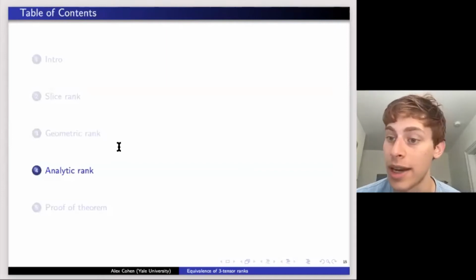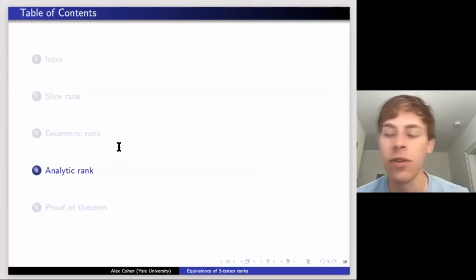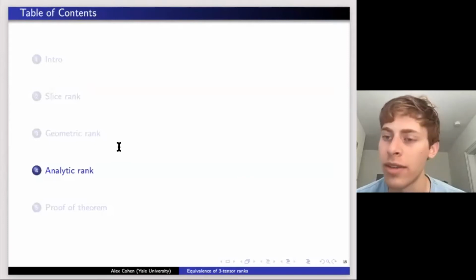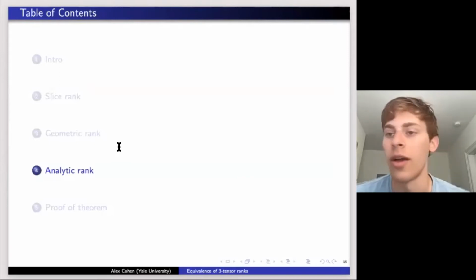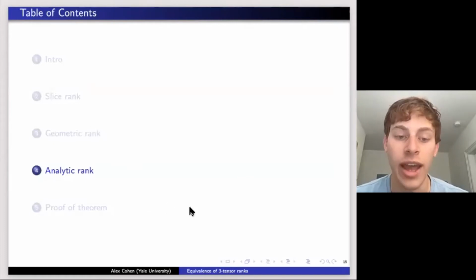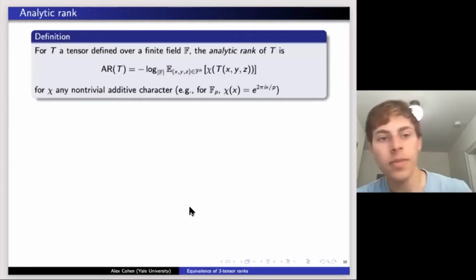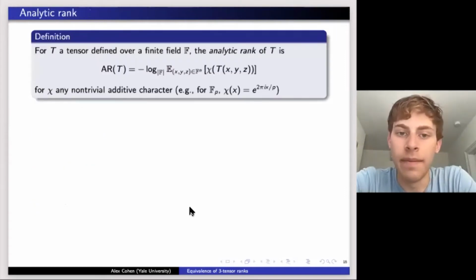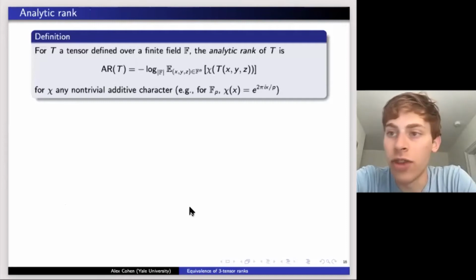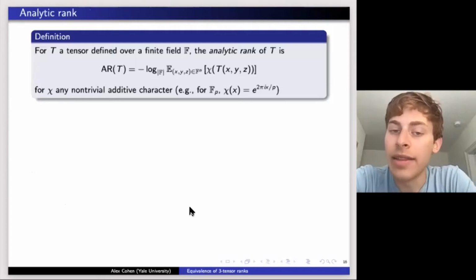Now I'm going to talk about analytic rank, which is the third notion of rank we're interested in. And by the way, I'll mention we're talking about these three notions, but there actually are some other ways to get at it too, and they're also all equivalent. There are some other notions that are going to be equivalent to slice rank. Anyways, analytic rank is the third one that we're interested in. As I said before, this notion is defined over finite fields. So you give me a tensor T, the analytic rank is